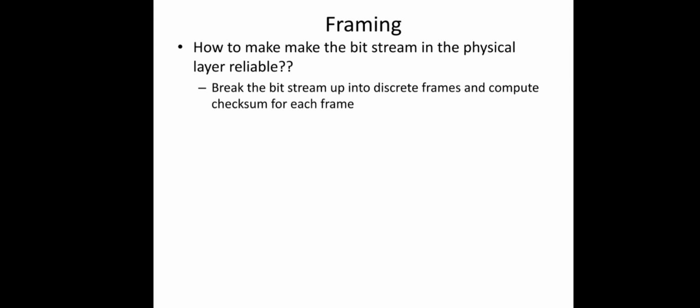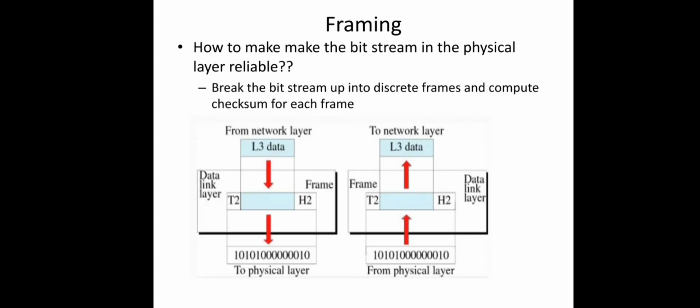So what the data link layer will do is, it will take one frame. Let us take the case of a sender machine here. The data link layer will receive a packet from the network layer and attach a header and trailer part. A lot of information will be there in the header and trailer depending on the protocol used in the data link layer. We will see what information is attached later. For now, just note that this packet will be converted into a frame by attaching some header and trailer information.